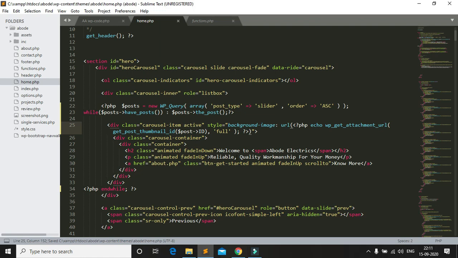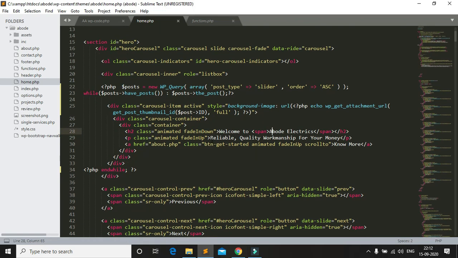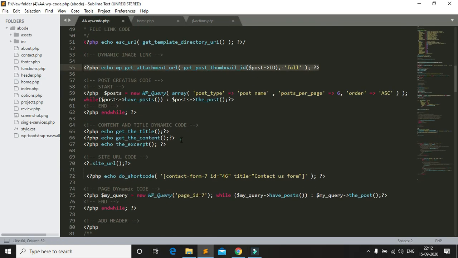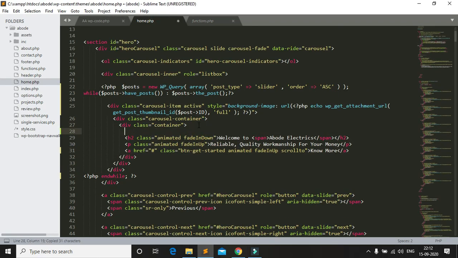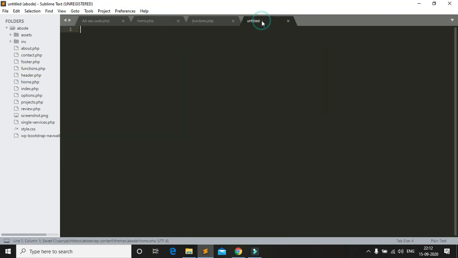And this is the welcome to Adobe Illustrator, this one. Now I create one section, okay, and just copy the content, get the content and paste it here, and just cut it from here and paste some files.